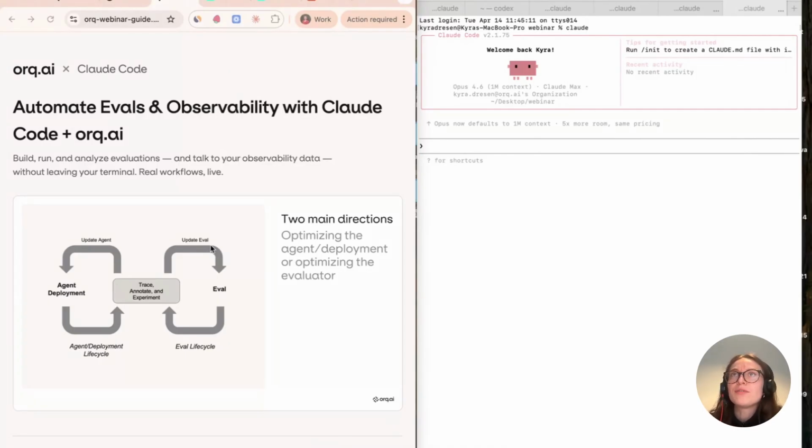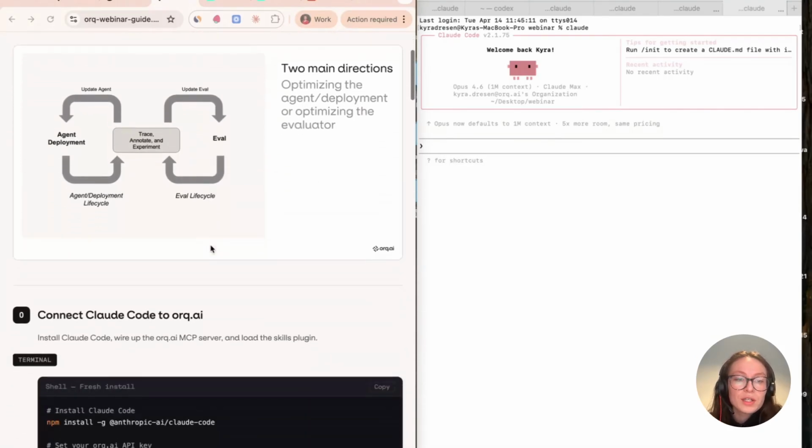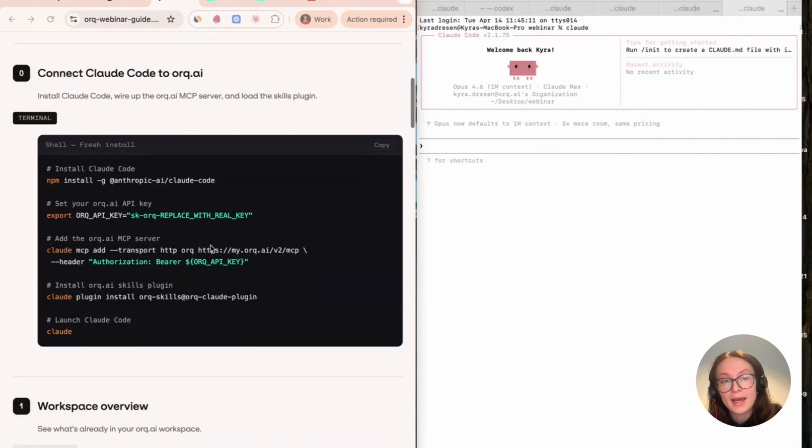So I think it's pretty 50-50 in the webinar of the people who want to co-build. For the people that do and who did not have the MCP installed yet or Claude Code installed, feel free to follow these instructions here on the left. I don't think we can pin it, but I dropped the HTML in the chat. So you can open that link and copy these instructions. Obviously, you do need to have an orq account. That's quite important.